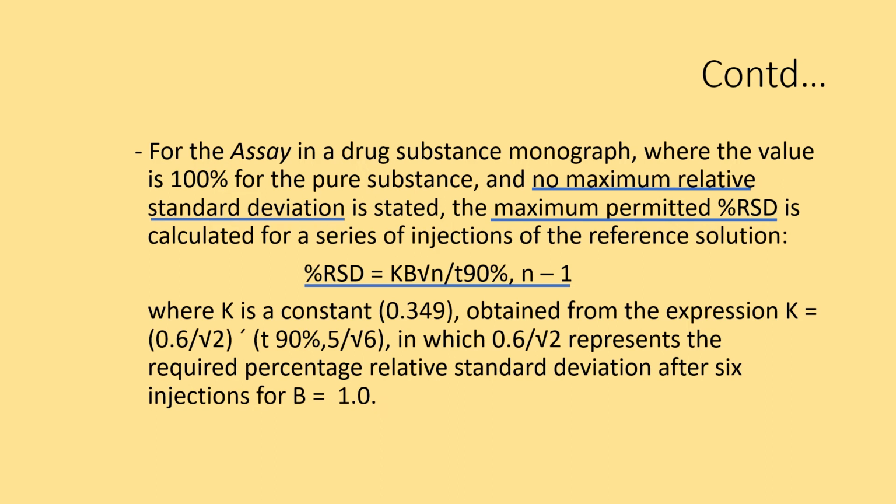Don't take seriously how the value of 0.349 is assigned to K and how the formula is derived. Take help of examples from the internet. Some information is required for the parameter B. Let us see.